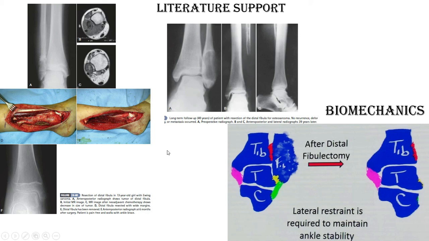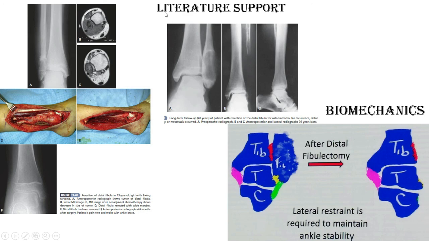So there is a technique to turn the proximal fibula over this lateral malleolus, and put a screw over this area. But I think this will be very difficult for this type of patient, because there is a chance of peroneal nerve injury when taking the graft from the proximal fibula. Also, as this tumor surgery needs a huge time, if you go for reconstruction after that, there will be a shortage of tourniquet time.